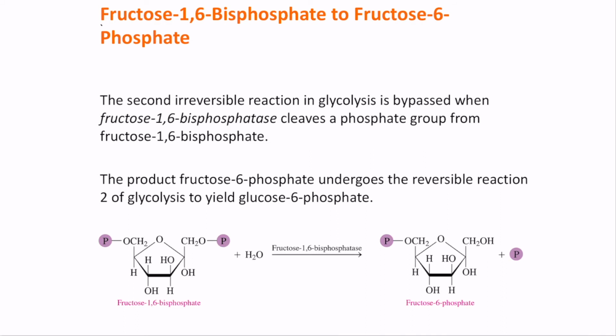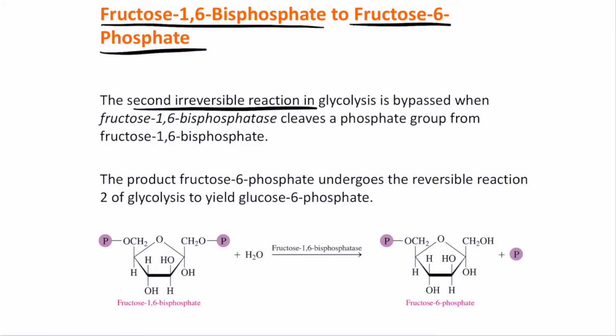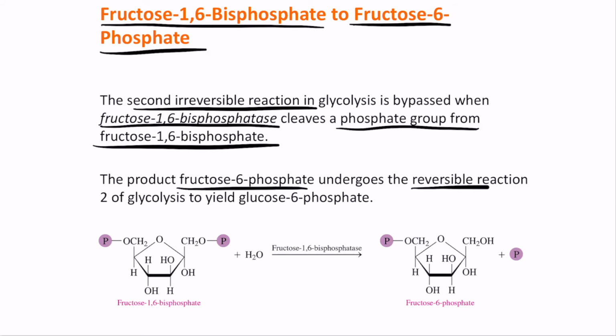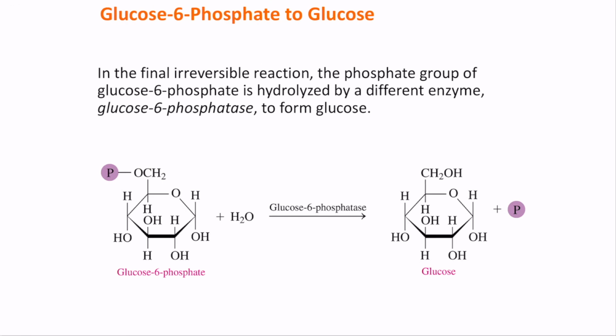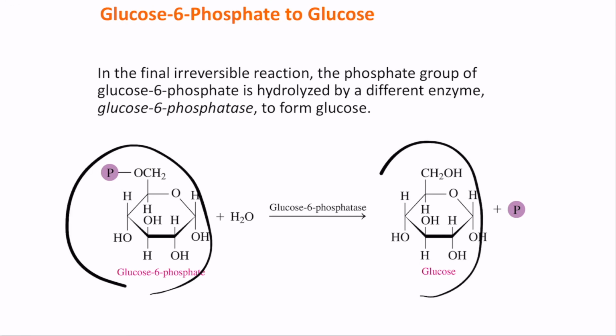Now this fructose 1,6 biphosphate is then converted to fructose 6 phosphate, which is the second irreversible reaction in glycolysis, and is generally bypassed by fructose 1,6 biphosphatase, which cleaves the phosphate group from fructose 1,6 biphosphate. So the product fructose 6 phosphate undergoes the reversible reaction 2 of glycolysis to yield glucose 6 phosphate, which uses the enzyme glucose 6 phosphatase, where the glucose 6 phosphate is finally converted into free glucose, which ends up going back